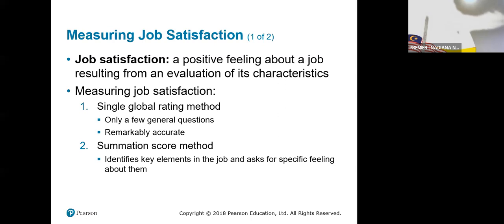Positive means the good one. Negative feeling is the bad one. Between the positive and the bad one, there is one line, moving from the negative to the positive. If you are using a 10-point Likert scale, 10 is a positive feeling, 1 is the negative feeling, very bad. And then 5 or 6 is a moderate positive or negative feeling. Okay, any question?